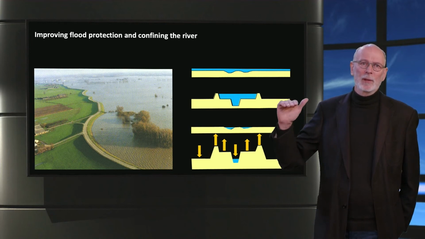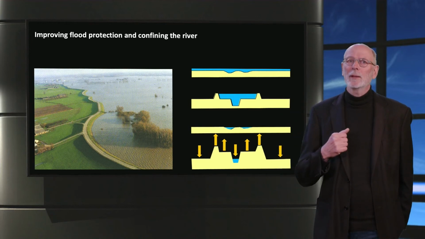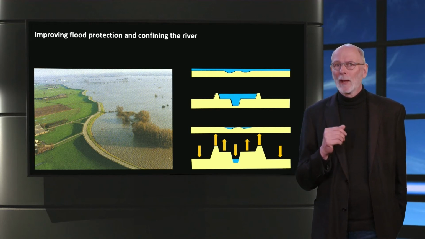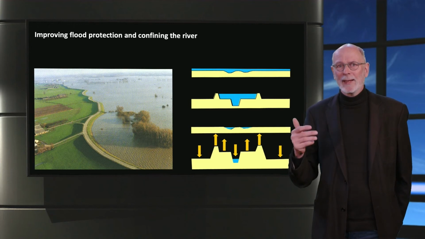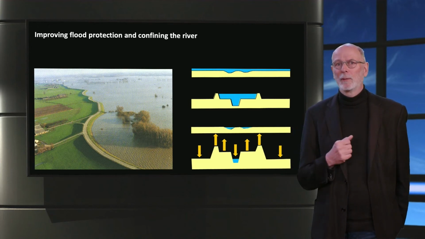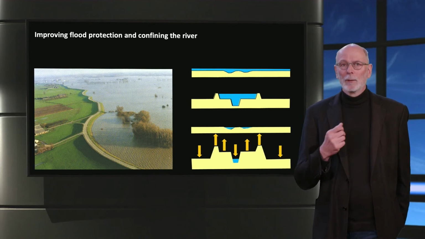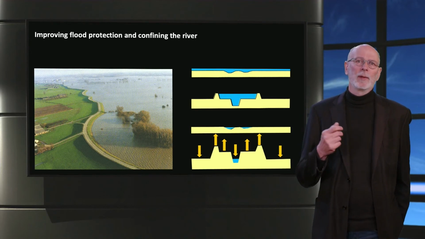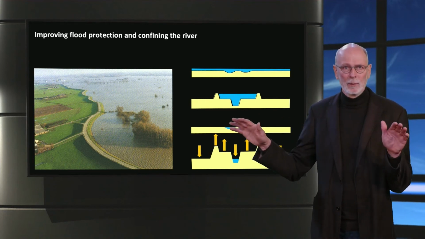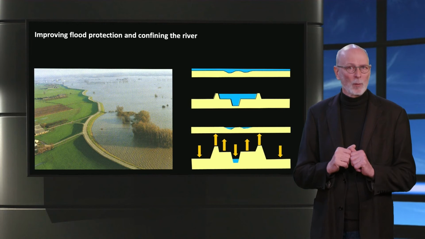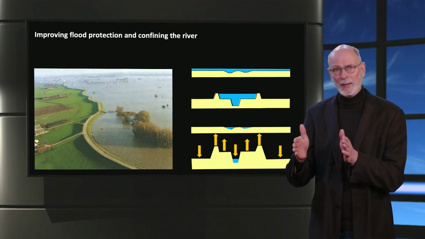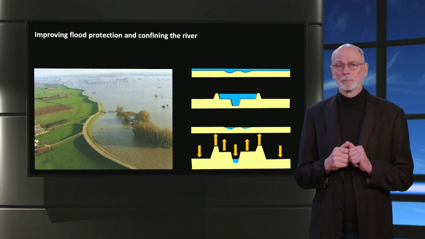But along the rivers a milestone was reached already around 1450 AD, some 600 years ago, when all embankments were connected into one continuous infrastructure of dikes bordering the rivers. The consequence of this was that during a flood, the river could no longer inundate the entire alluvial plain with its former channel belts and back swamps. And that meant a discontinuity between the alluvial plains and the actual floodplain.